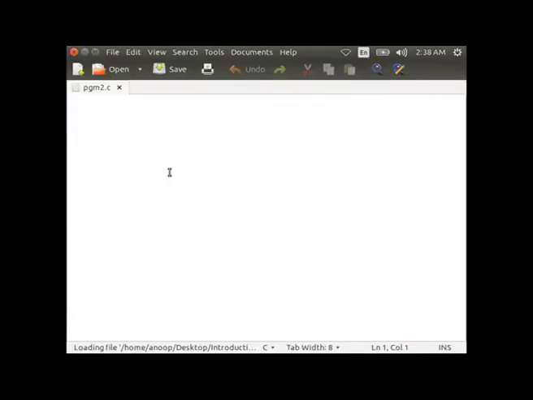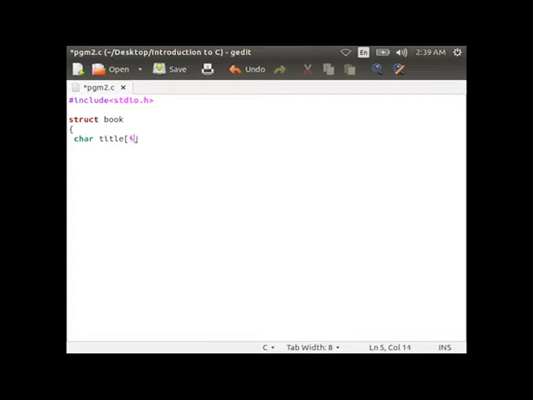#include <stdio.h>, struct book within curly braces, char title of size 50, char author of size 50, int price, close the curly brace, semicolon. Then start the main function, int main within curly braces, struct book B of size 10, then int i.